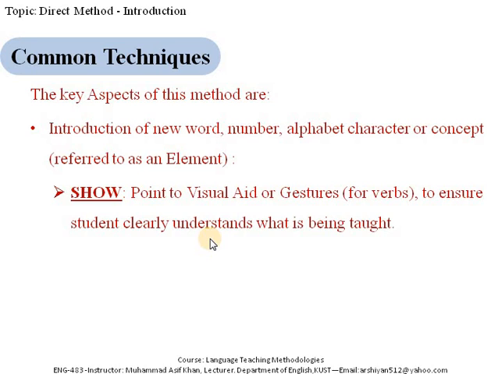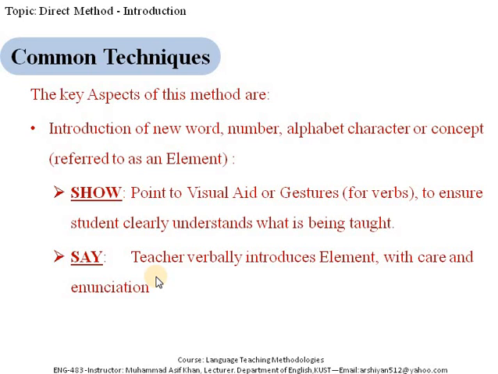The second thing is that after pointing out or gesturing, he says that thing, he names it, or the teacher introduces that element verbally. But here he does this with care and enunciation. So first he points out the visual aid or gestures, then he says the name of that thing when he is introducing that element, and then he makes the students try to